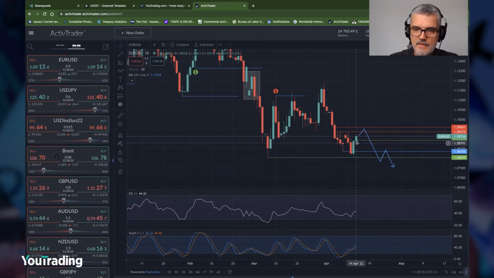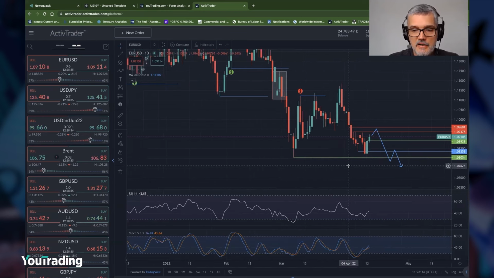Some might even look at this 11th of April as adding to that liquidity level. But if we get above there, traders will be looking to see this candle from yesterday continue higher, a big bullish move, with the idea of getting back up to the 1.12. However, I've got the 4th of April low as resistance. So what I want to see is some bullish moves, get some traders trapped into a long position, find resistance at this candle's low from the 4th of April, and then a big move down to take the swing low at 1.0805. That's my base case scenario.